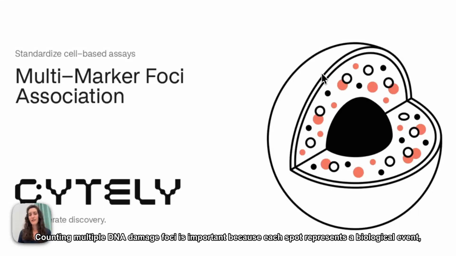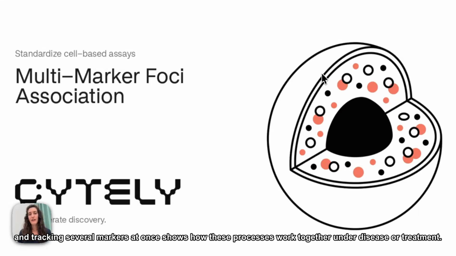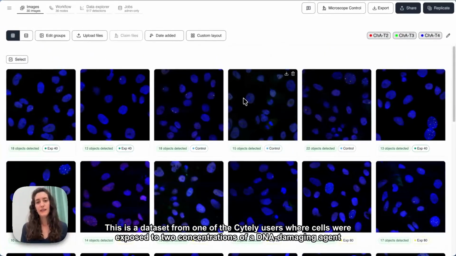Counting multiple DNA damage foci is important because each spot represents a biological event, and tracking several markers at once shows how these processes work together under disease or treatment. This is a dataset from one of Cytely users where cells were exposed to 2 concentrations of a DNA damage